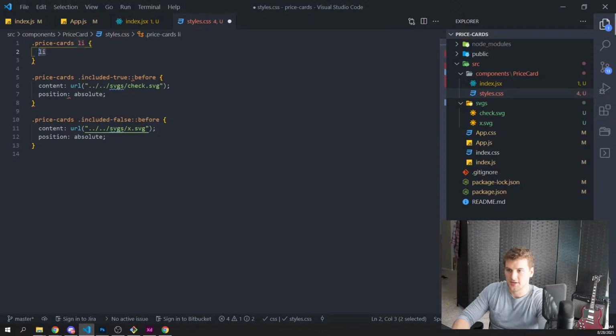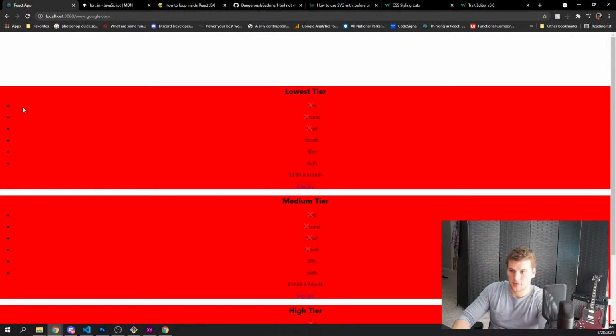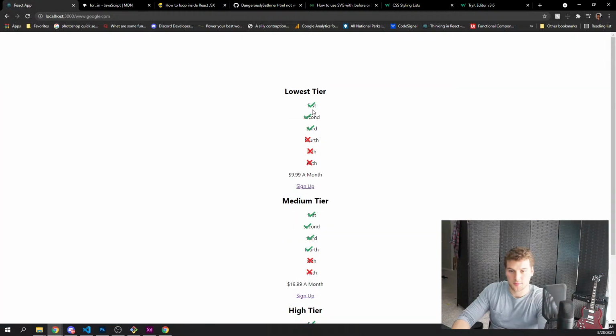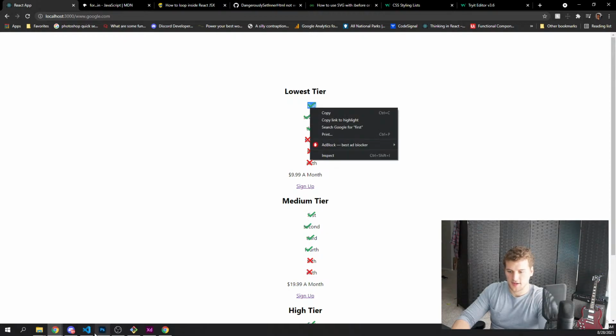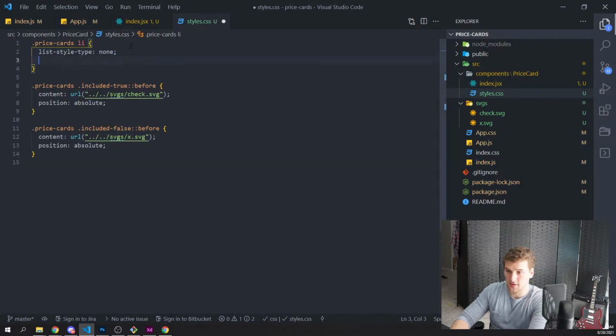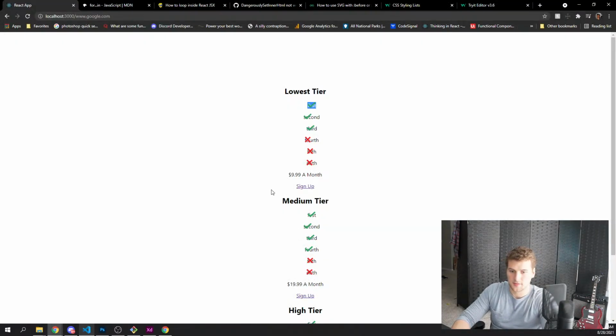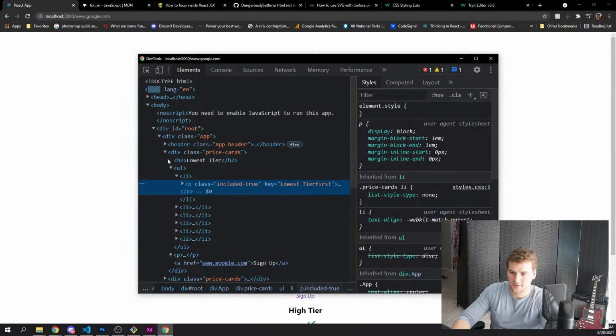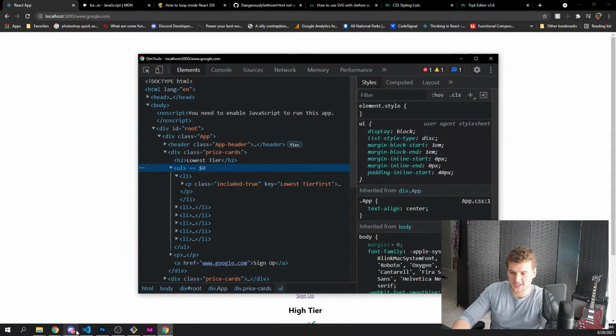So we'll say list style type none. And if we go back here, they still have bullets. Oh, there we go. Cool. And then we just need to. The LI has padding or margin on the left, right? So we don't need that. No, is it padding? Oh, it's the UL that has the padding. Okay.